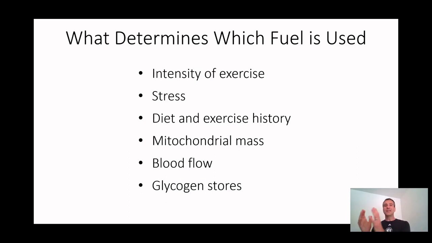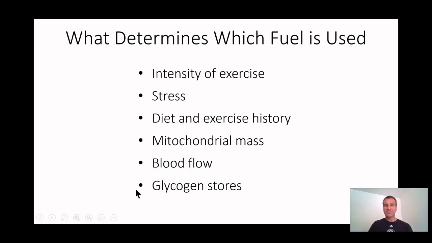If you are on a ketogenic diet where you eat 80 to 90% fat, or 80% fat and 20% protein, and you don't take in any carbohydrate, you're going to have a lot of fat, very little carbohydrate. You're going to use more fat as a fuel. If you have a standard elite athlete diet of about 55% carbohydrate, then you're going to have more sugars, and you're going to use those sugars to produce more energy. If you have a lot of mitochondria, now you can choose more fat. All of those different things are going to play into which fuel is used.